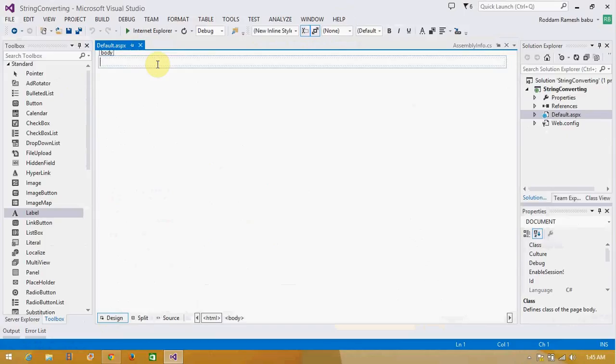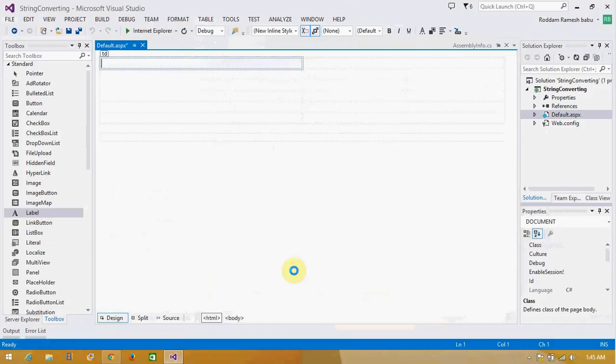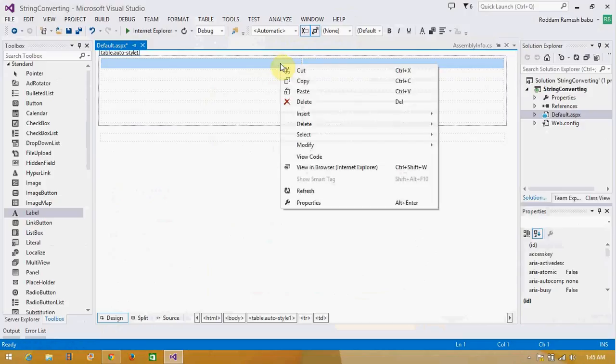Here you can directly work with the tables. Just click on table and insert a table. I'm taking 6 rows and 2 columns for the table, and now I'm going to merge these two cells